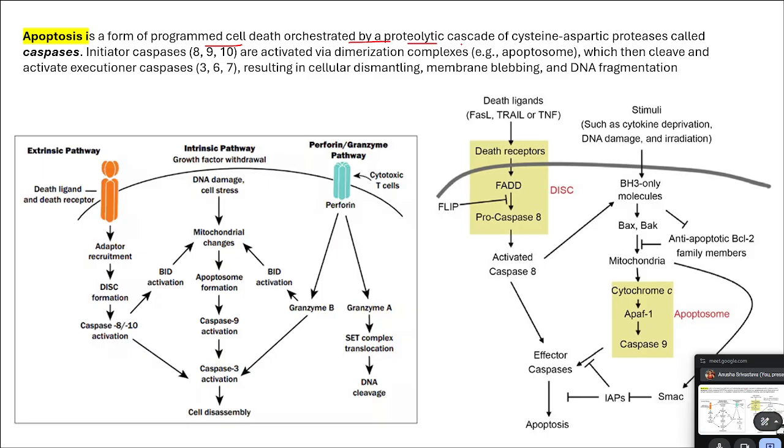orchestrated by a proteolytic cascade of cysteine aspartic proteases. Do remember the name, or you can also remember the short form, caspases. So whenever there is talk about apoptosis, there will be caspases coming into the picture. Initiator caspases 8, 9 and 10 are activated via dimerization complexes,